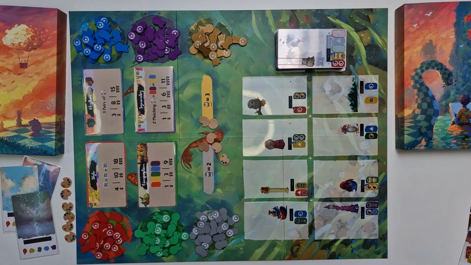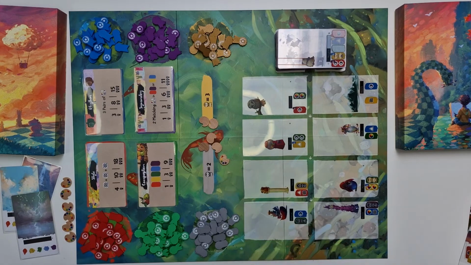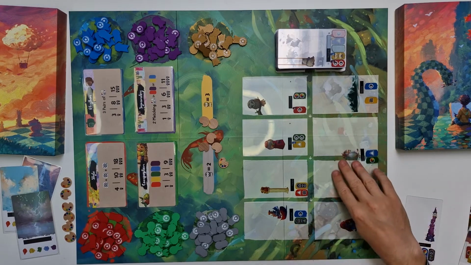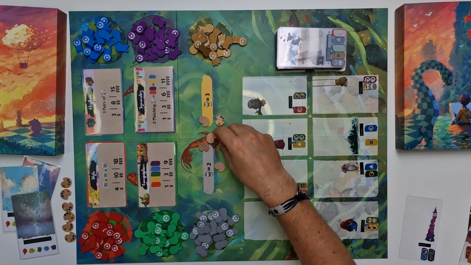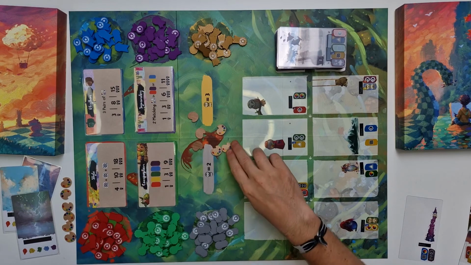If there is an odd number of tokens dropping face up, you take the card from the bottom row. In this case, we have 1 token, so Vincent would discard this card and move up the rest. If, for example, in the next round, Vincent would have this result, then what Vincent would do, because this is